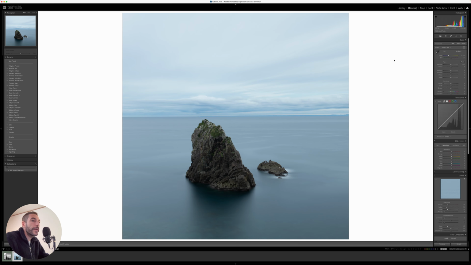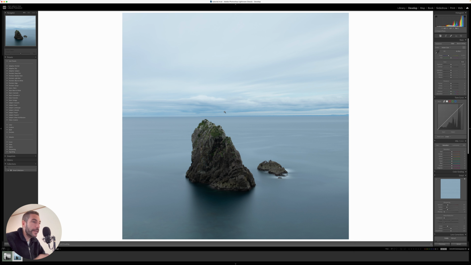Okay, so here we are inside my Lightroom catalog. As you can see, I have one image here, which is straight out of camera. I didn't do any editing to this. If you follow this channel and you know my work, I always work in black and white. So in my usual workflow, I would convert this image to black and white inside of Lightroom, do all my global adjustments, and then move on to Photoshop to do all my film grain, dodging and burning, vignetting, all that good stuff. I'm not going to go into detail about my usual workflow, because today we're talking about Dehancer.